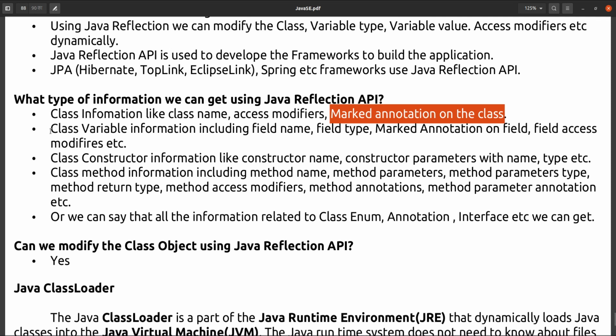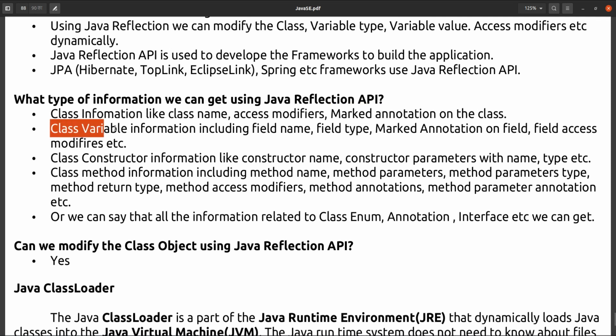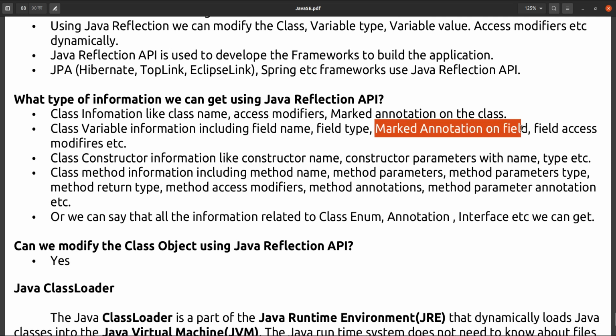Class variable information we can also get using Reflection API. Variable information includes the field name, which is nothing but the variable name, and the variable type. How many annotations are marked on that field, we can get that also.